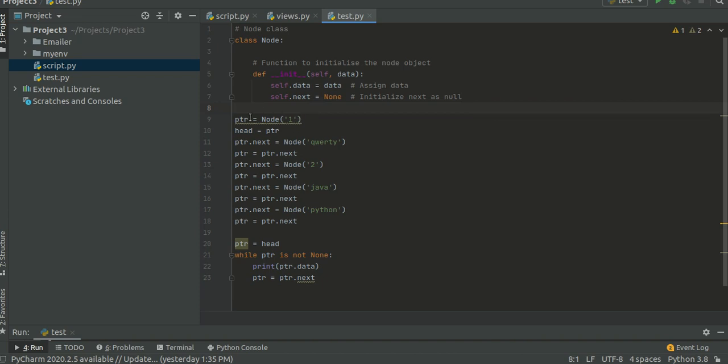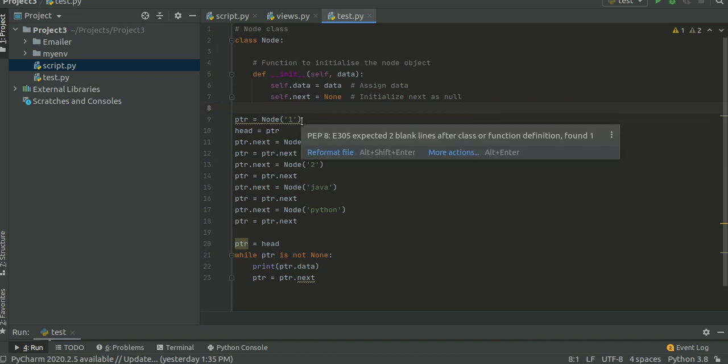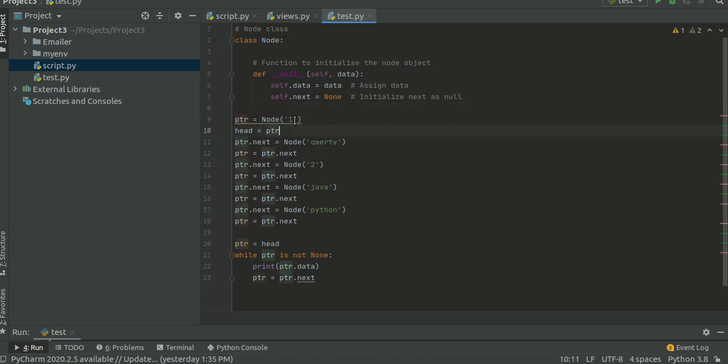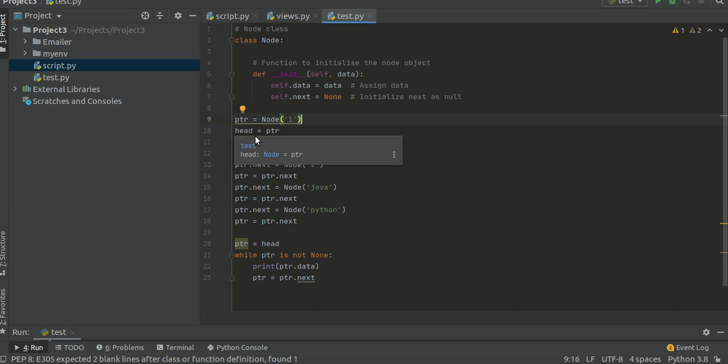So now ptr is equal to Node 1. I am storing it as a string. 1 is stored in data, in the first node. Then I have defined head as ptr. Head will point to the first node of the list.